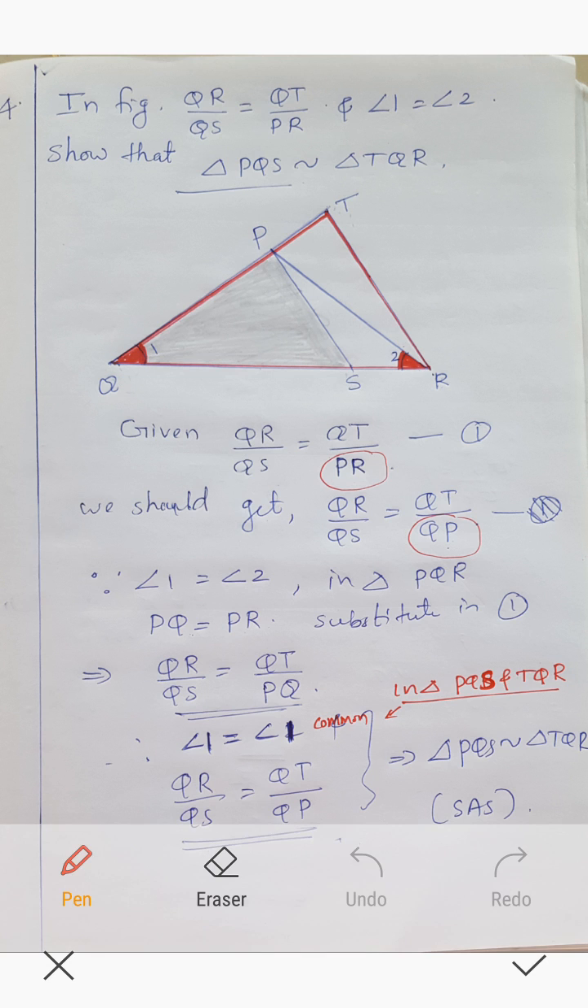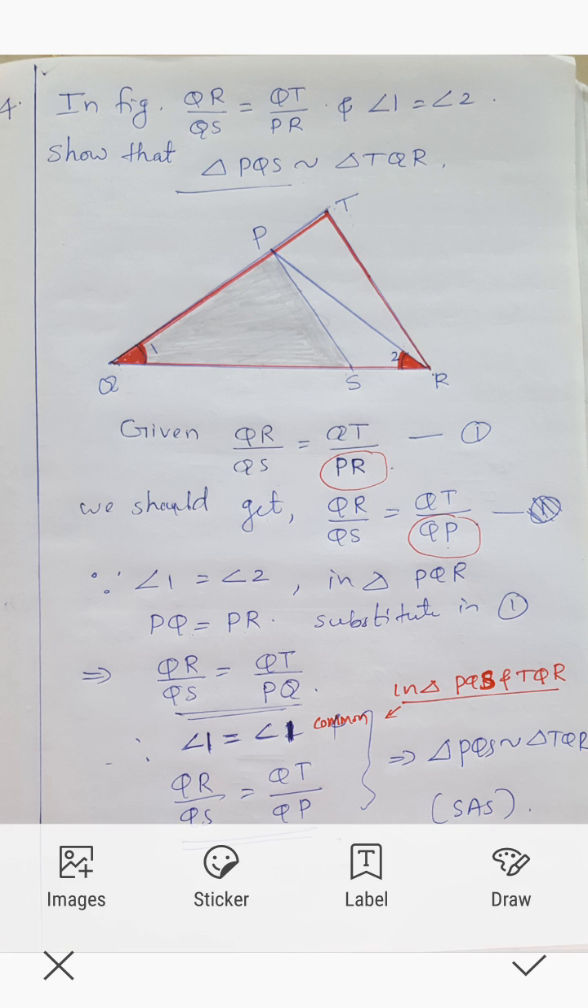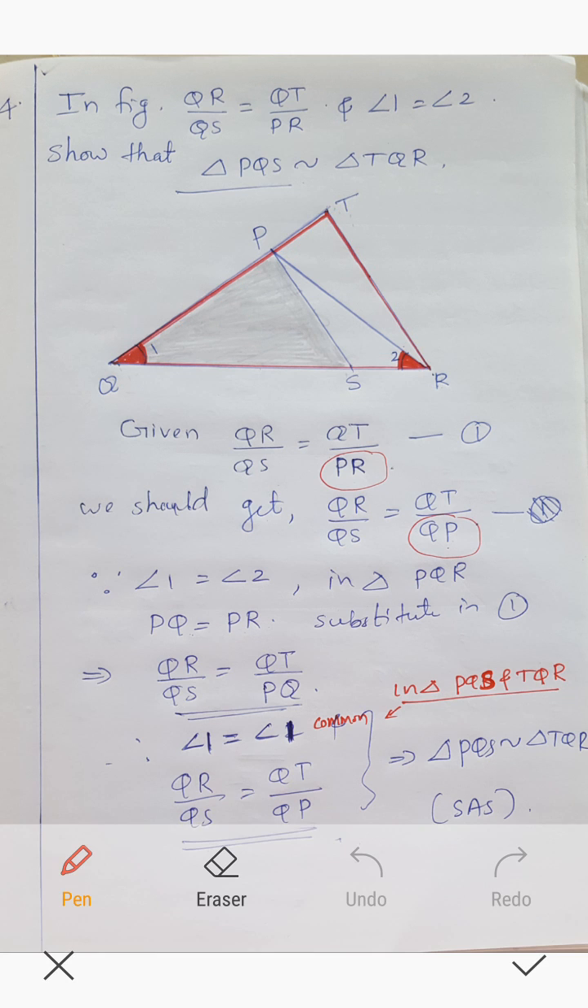Look very carefully. PQS is the shaded triangle and TQR is the bigger triangle which is drawn in red color. We have to prove these two triangles are similar. And how do we prove those two triangles are similar? See,